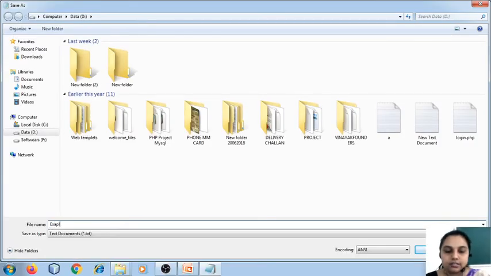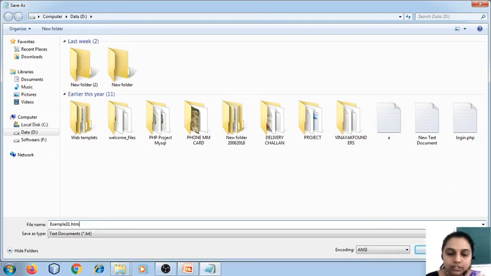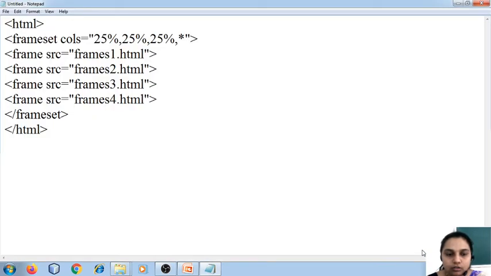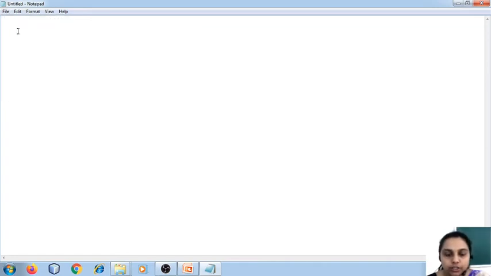I save it as example31.html. Okay, all files. Remember, you have to always save it as all files. So this is my source. Now I have to create frames1.html, frames2.html, frames3 and frames4.